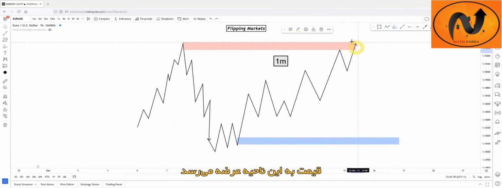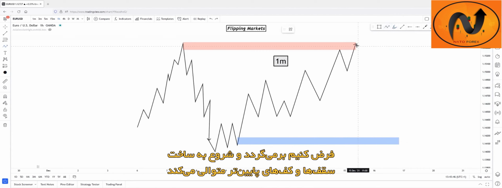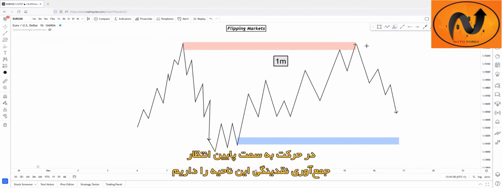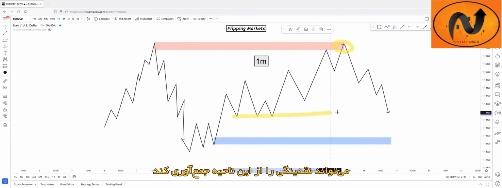Price tapped into this supply zone, and after the tap of this supply zone, it reversed. Let's say it reversed, started to form lows and highs. We can expect the sweep of this liquidity on the downside movement, so the reversal. So after price reverses on this supply zone, it can sweep the liquidity from this region and tap into this